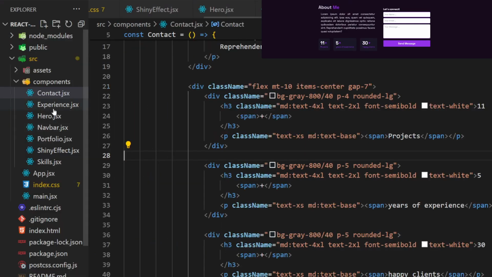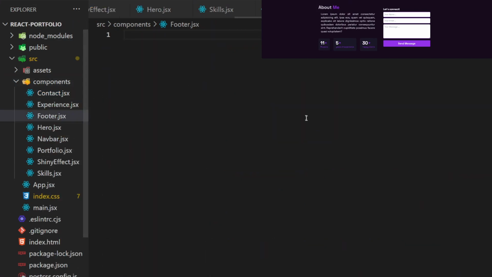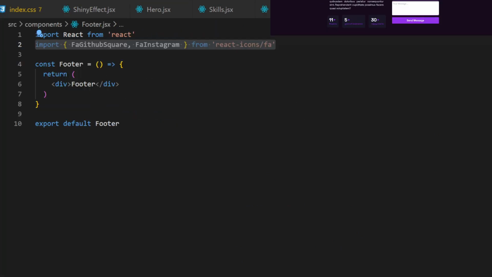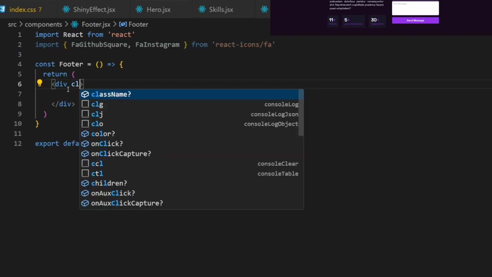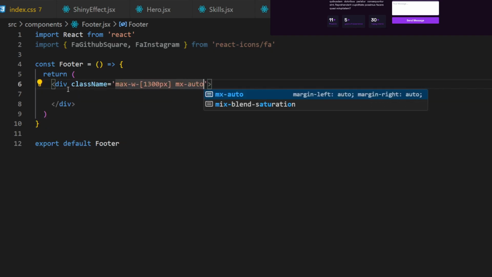And we can move to footer. So there we'll create a new file, footer.jsx. This one is actually pretty quick. We will import these two icons there, and there we'll set a max width to 1300 pixels, center it with mx-auto,